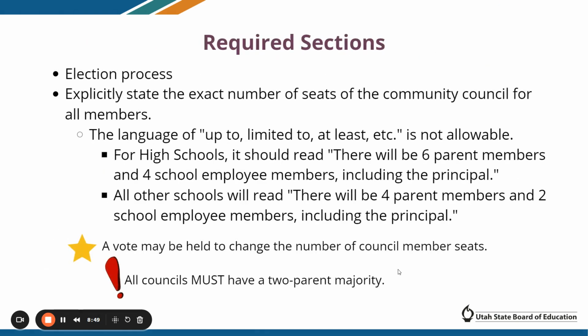The required section of the Rules of Order and Procedure document is an outline of the election process, explicitly stating seating numbers open for all member types. Ambiguous language such as "up to," "limited to," "at least," etc. is not allowed. For high schools, it should read, "There will be 6 parent members and 4 school employee members, including the principal." All other schools should read, "There will be 4 parent members and 2 school employee members, including